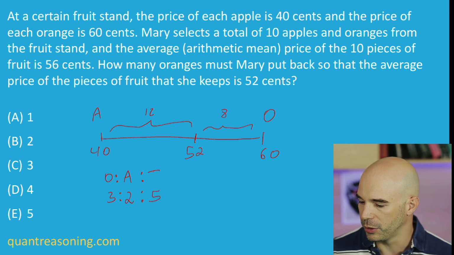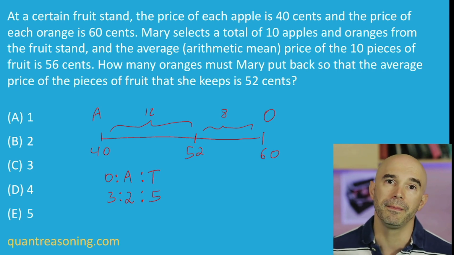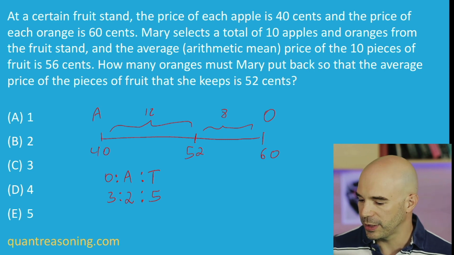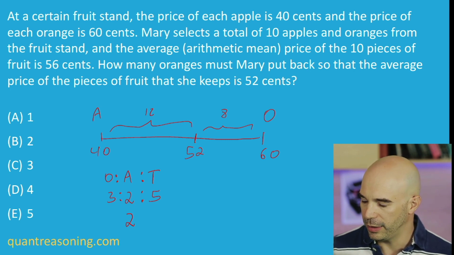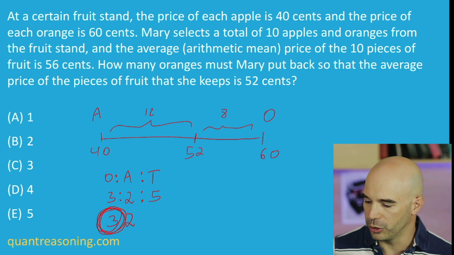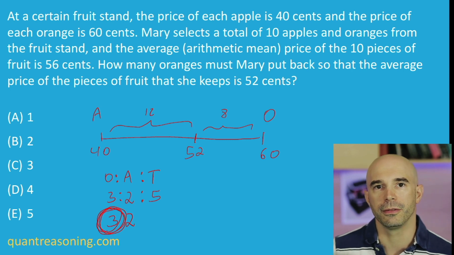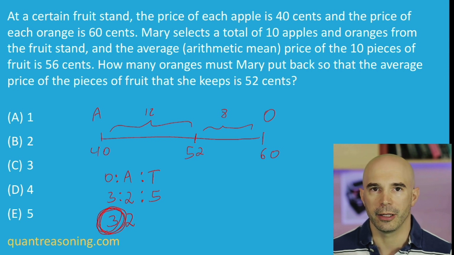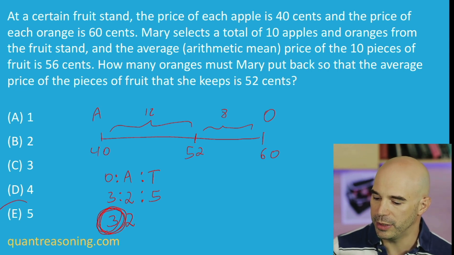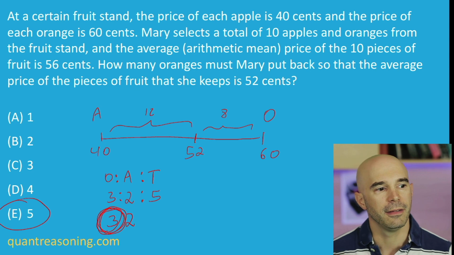for a total of, again, 5 ratio units total. And this time, the only thing we know for sure is that the actual number of apples is 2. And now I can see that the scale factor of my ratio is 1, and I can fill in the rest, although really the only thing that I care about is the actual number of oranges. So we had an actual number of 8 oranges, but now in the end we have an actual number of 3 oranges, which means that Mary put back 5 oranges.